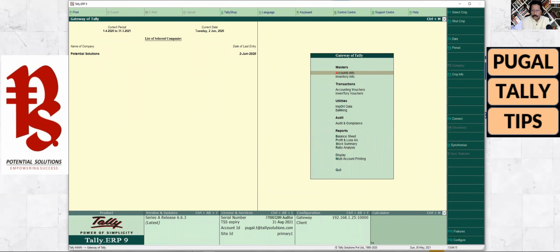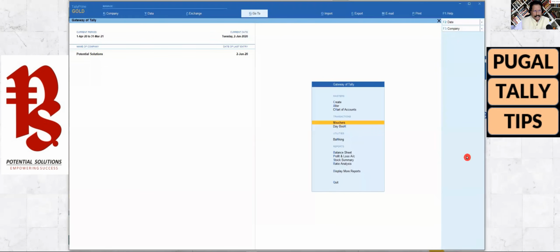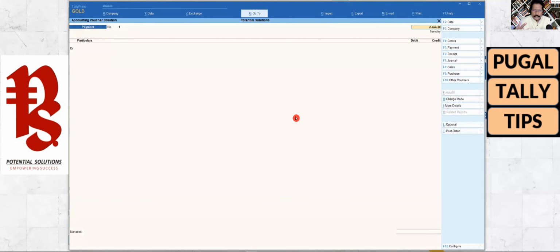So now quickly let's just go to Tally Prime and then see what is the interface difference, and how do we now enable these voucher types to pass the transaction, right? So we are in the gateway of Tally here, and here in the transaction, if you notice, Tally just says vouchers. So there is no segregation between accounting voucher and inventory voucher. So you just go to the vouchers, you go into the voucher. So by default it is going to bring you your accounting voucher. So what is that we need now? I need to pass a stock journal, right?